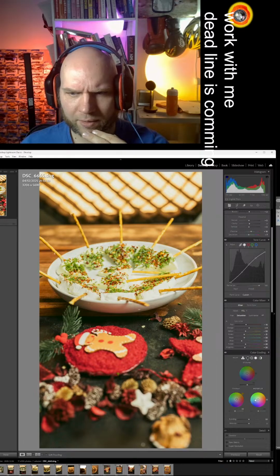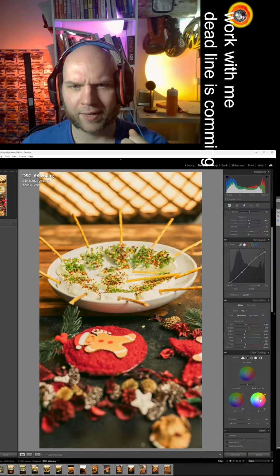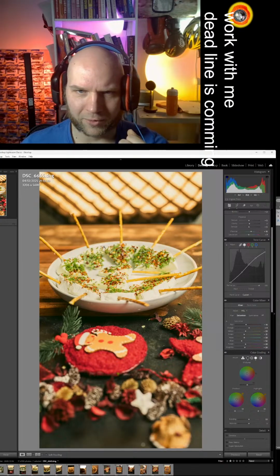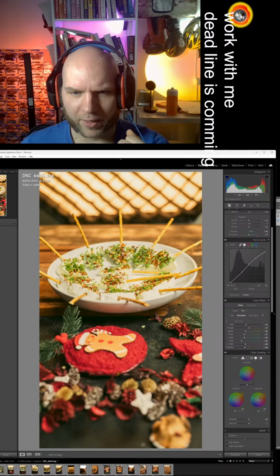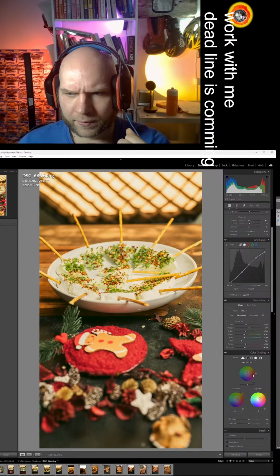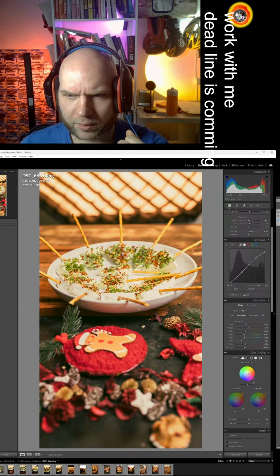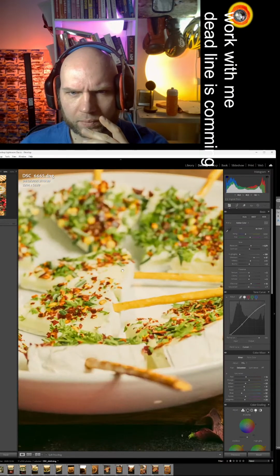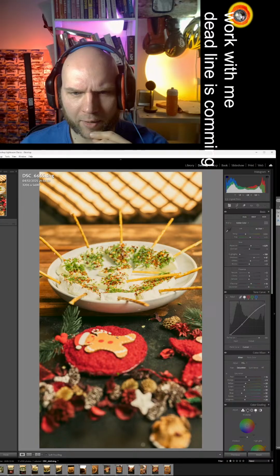For example, colors, midtones, and highlights. We can add some yellow colors over there. Usually, I'm not using yellow or orange colors because it looks like it's old. But in this case, because of Christmas, we will use that. Okay, what do we miss over here? The bottom is a little bit too dark. Midtones. Let's leave it in the middle. That's my edit, in my opinion. Fast edit.